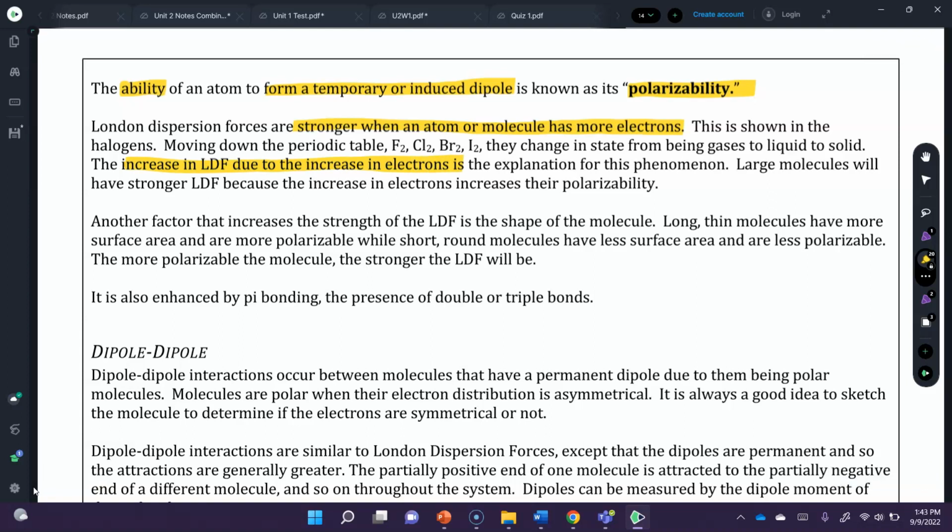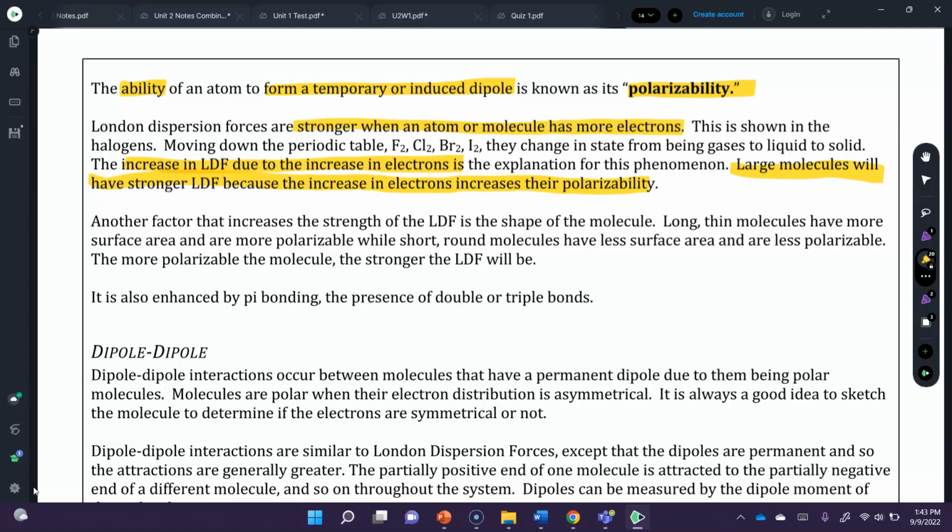So fluorine has very few electrons, but iodine has a lot. That means that iodine, by having more electrons, is more polarizable, meaning it has more electrons that it can push around. And so it can create a temporary dipole that is stronger and more easily formed because it has so many electrons. Large molecules will have stronger London dispersion forces because of the increase in electrons,